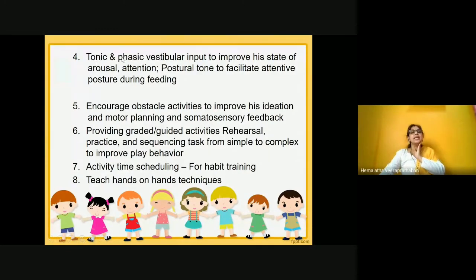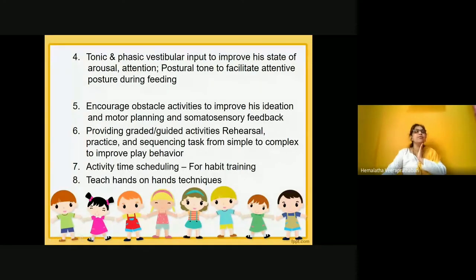And phasic are quick movement, quick inputs, where it increases the short attention span and the short quick arousal state, but it will be lost within a few minutes, but tonic will be for longer minutes. So tonic and phasic vestibular input to improve his state of arousal, attention, also to build up the postural tone to facilitate the attentive postures during feeding, encourage obstacle activities to improve his ideation and motor planning and somatosensory feedback,